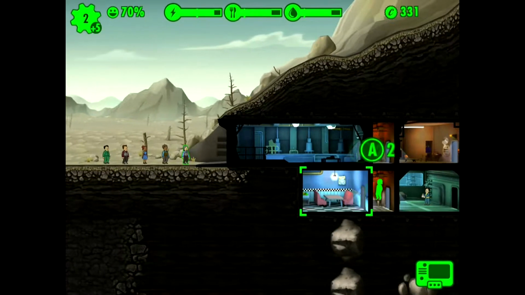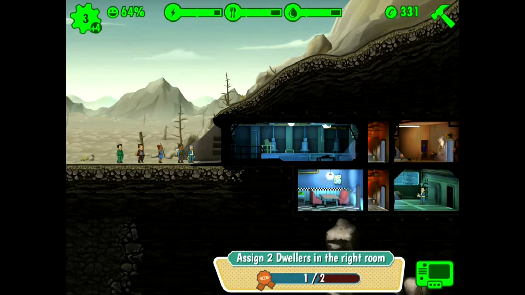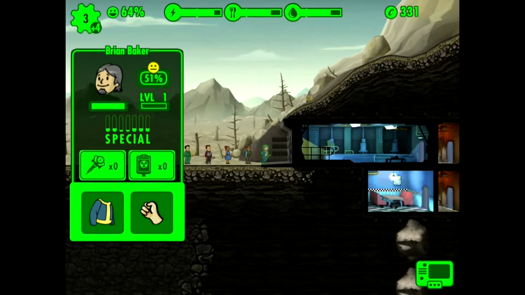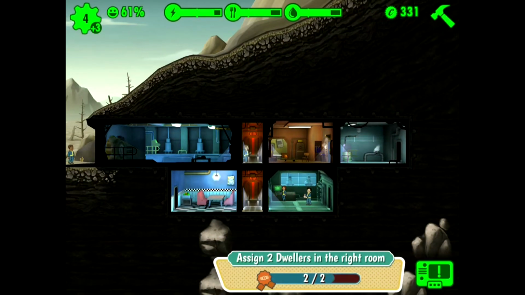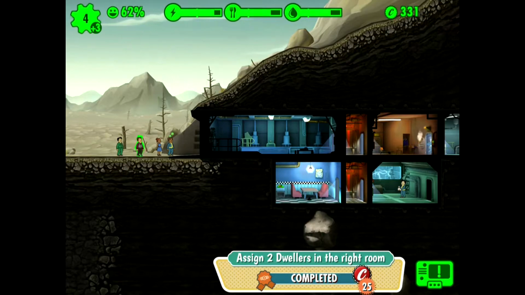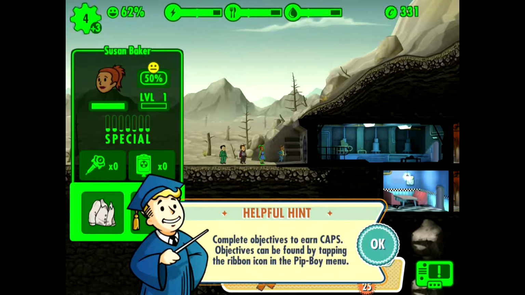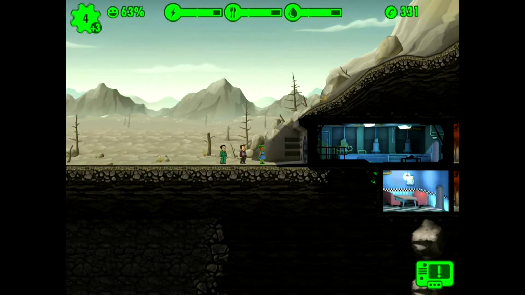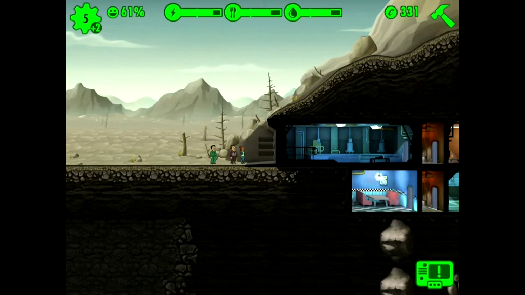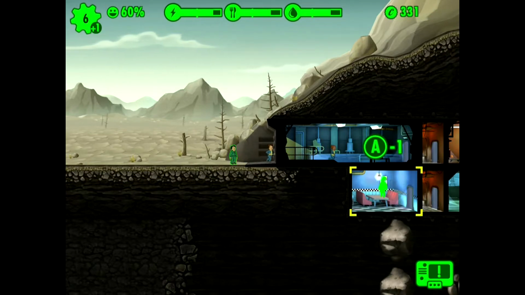Every armor has a specific SPECIAL stat: strength, perception, charisma, endurance, and every room has a corresponding SPECIAL skill that increases it. So first off, you want to have the person with the best SPECIAL stat in their corresponding room. For example, the factory that makes your electricity uses strength. So you would put someone in the power generator with a good strength,